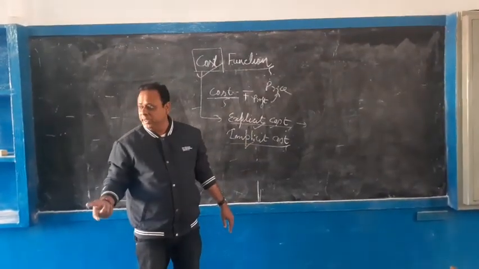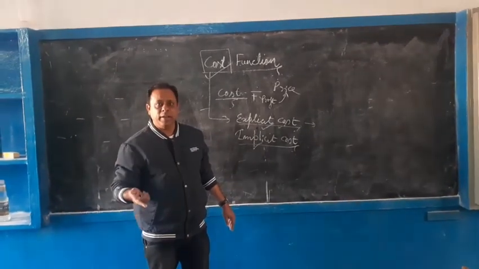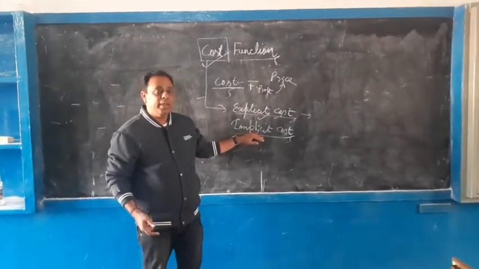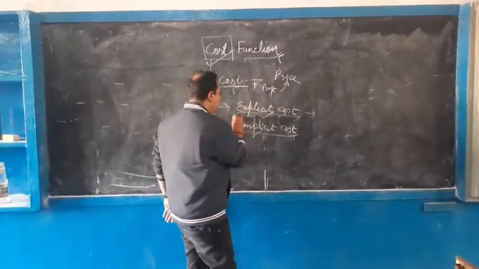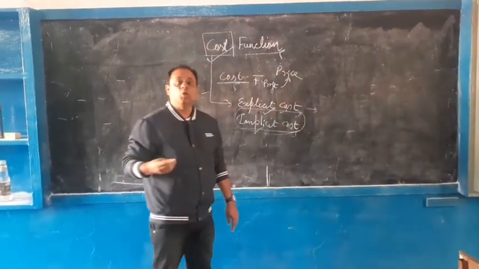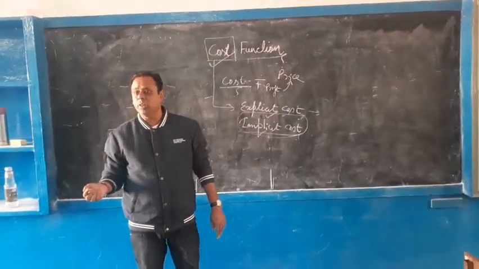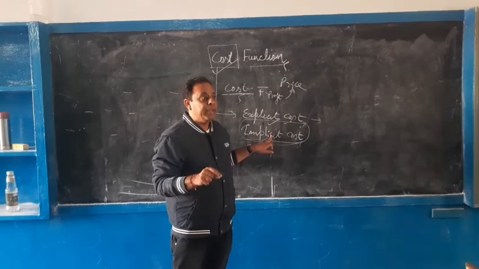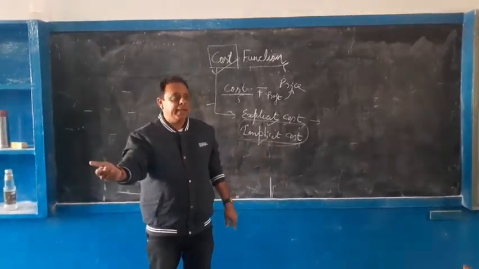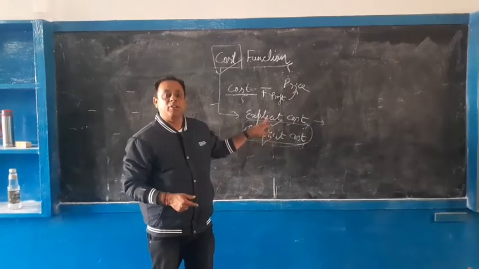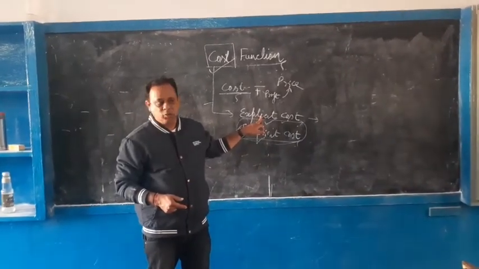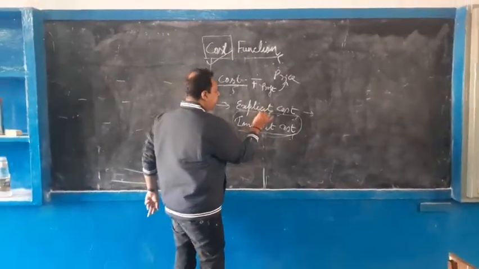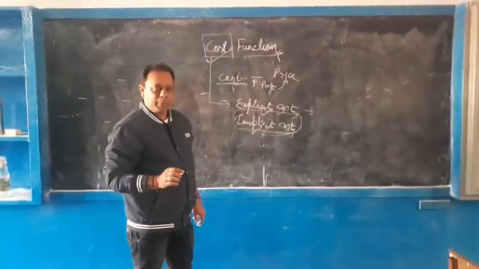For example, our machine maintenance, our rent, where we are running the organization, office, production, that is known as implicit cost. Sometimes implicit cost we have to pay even if there is no production. So all that cost is implicit cost. The salary of the permanent employee will be implicit cost. The wages to be paid to the daily wages employee will be explicit cost. Understood? Got the difference between implicit cost and explicit cost? So these are the differences between explicit cost and implicit cost.